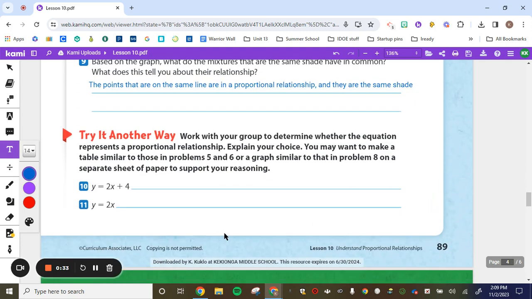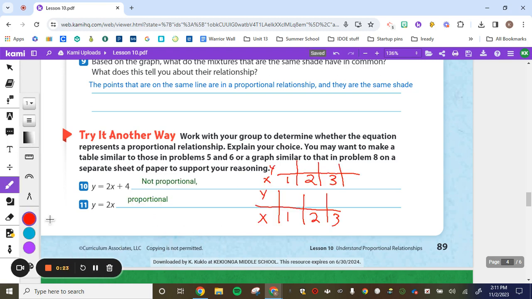Now, question 10 and 11, one of those is a proportional relationship and one of them is not. Take a look at it and see if you can figure out which one would be proportional. In questions 10 and 11, I'm going to make a table. So question 10, the rule is 2 times x plus 4. So if my x is 1, I'll do 2 times 1 is 2 plus 4 is 6. The next one I'll do 2 times 2 is 4 plus 4 is 8. And then 3 times 2 is 6 plus 4 is 10. And I can see that this will not be proportional because 1 divided by 6 is